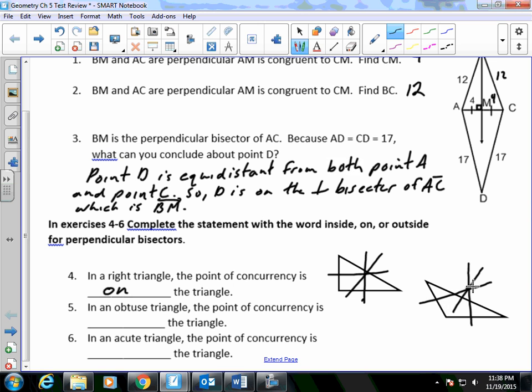So in this case, we would see that the point of concurrency is outside the triangle. And in an acute triangle,